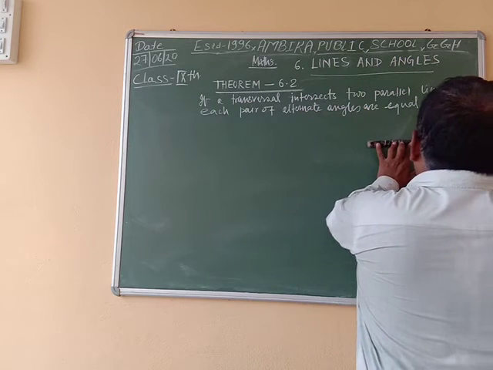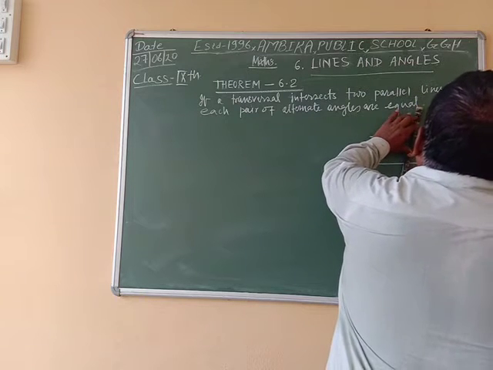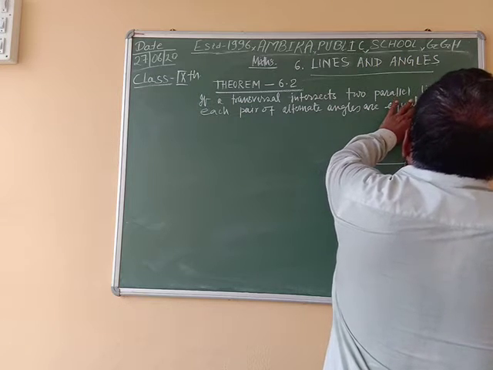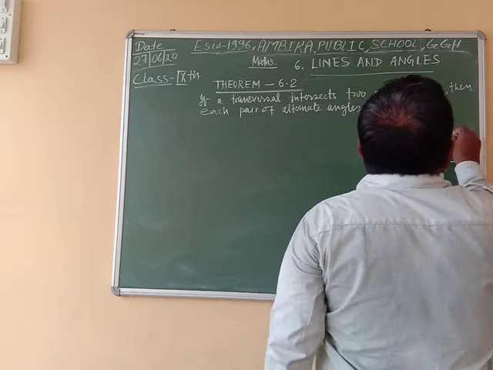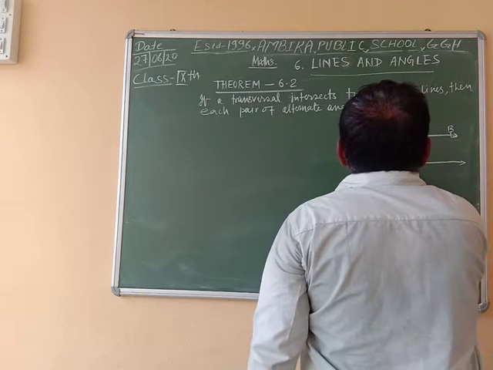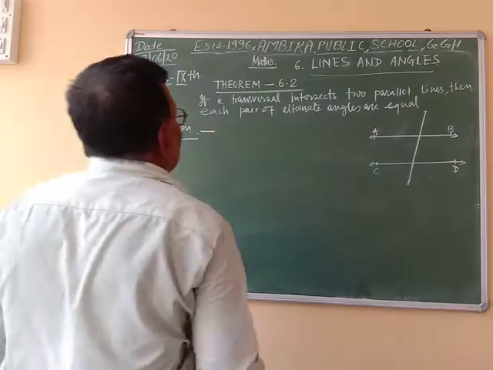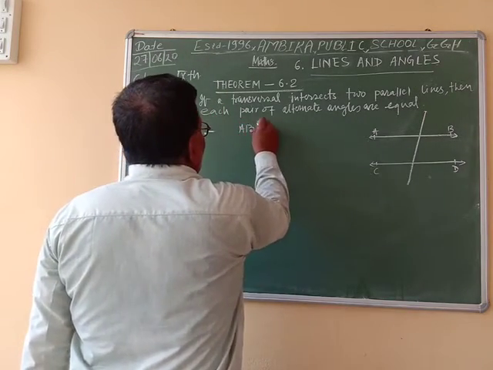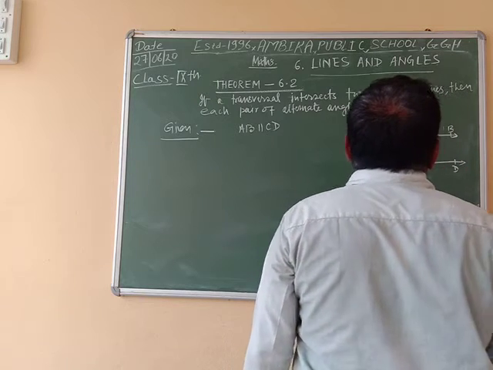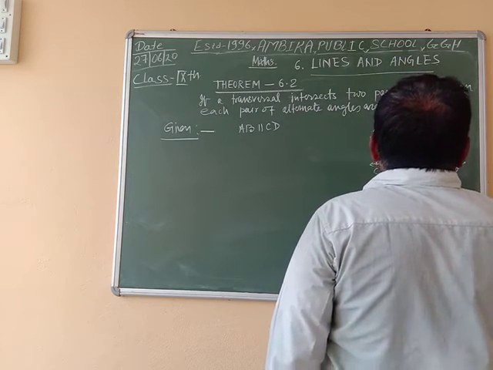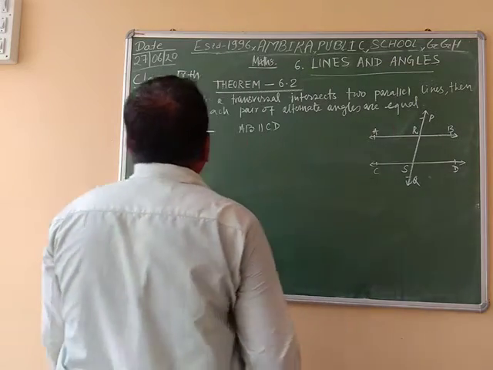Here we draw two parallel lines AB and CD, and a transversal. Given AB parallel CD, to prove